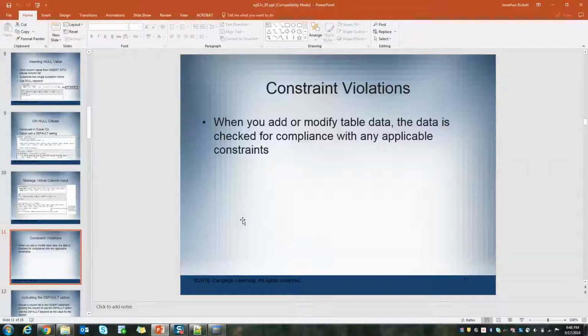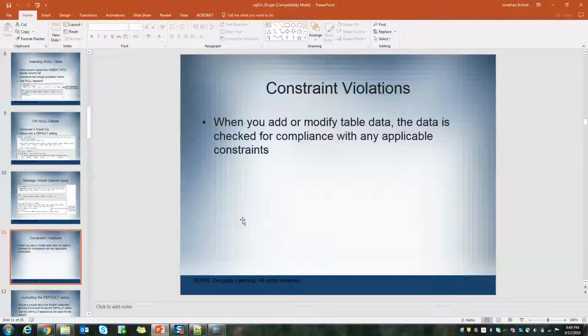Another thing to note, that you will have homework questions on, is that you can't have constraint violations when you add data or when you modify data in the database. So for example, if we were trying to insert onto, let's say, the orders table, a table with all of our orders, which we have in the Just Lead Books database, and we try to insert a value, a customer number that doesn't exist in the customers table, there's a foreign key on that customer column, and